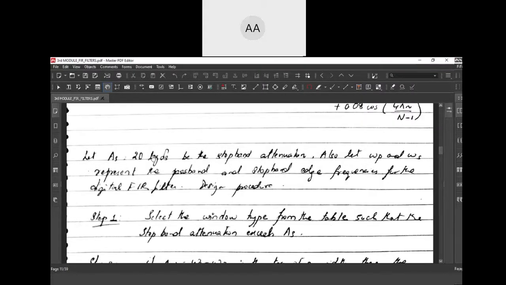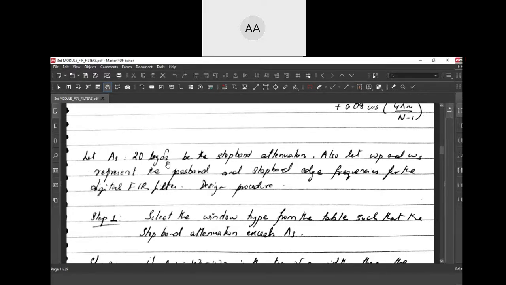First thing is, you know the filter's response is there. You have a value delta of S. You consider this delta of S, which is nothing but your stop band attenuation value. Stop band attenuation means what?